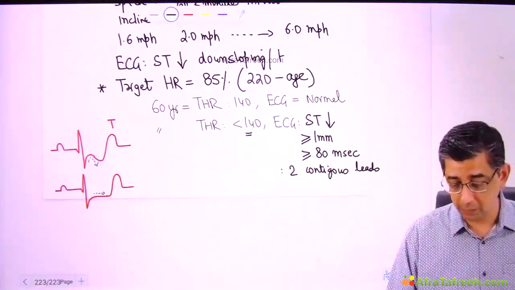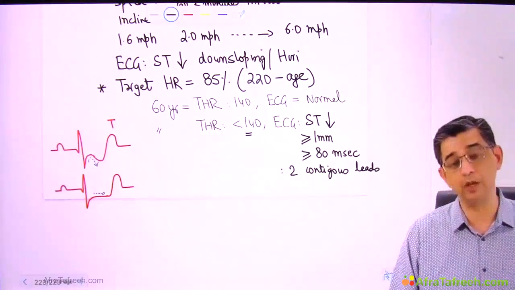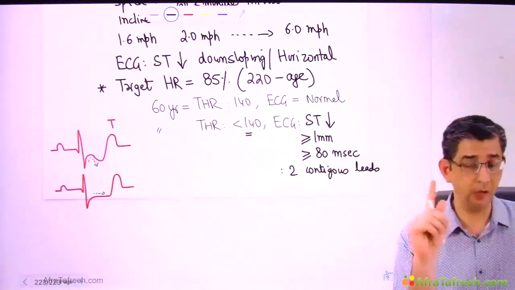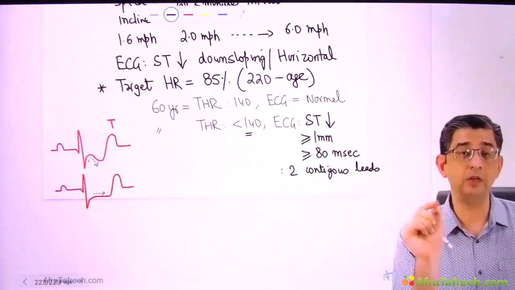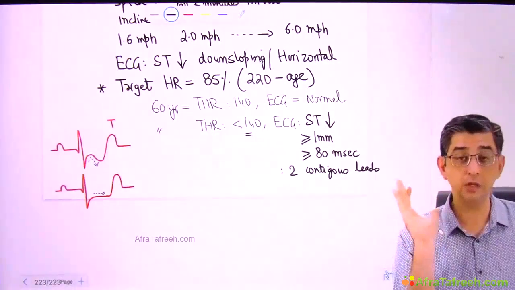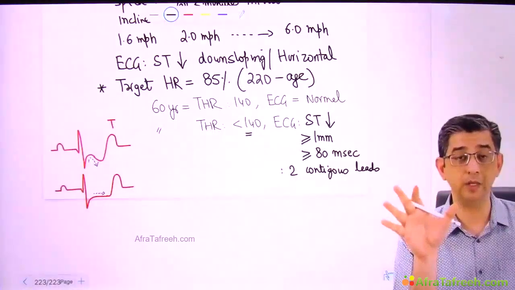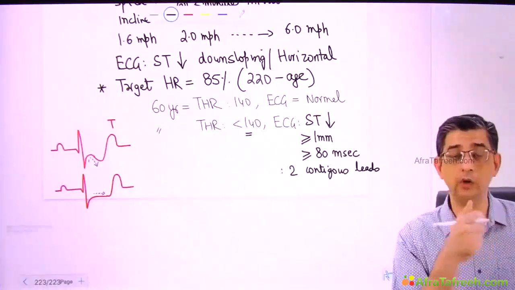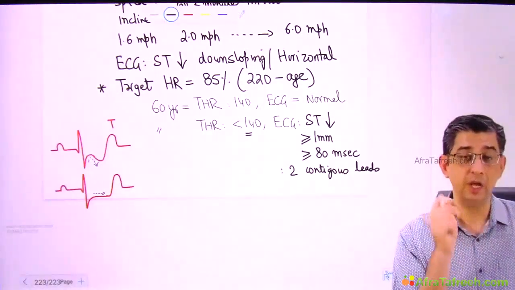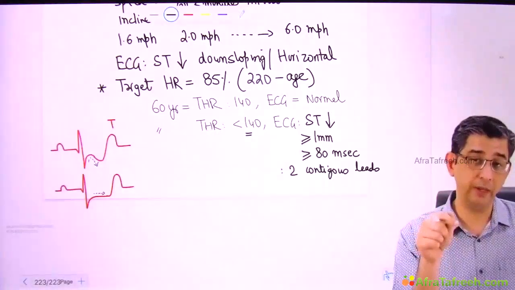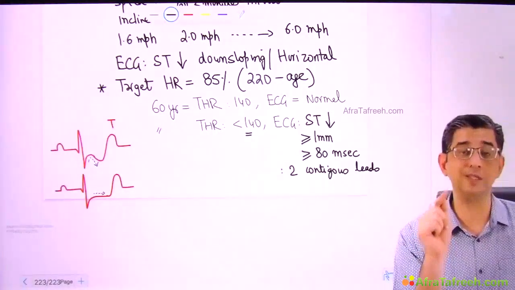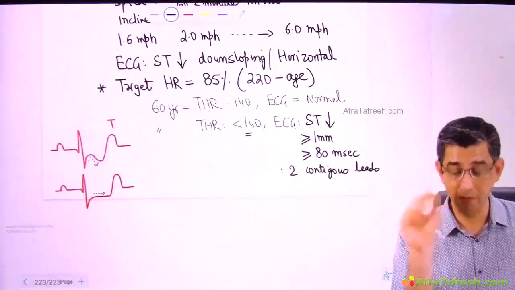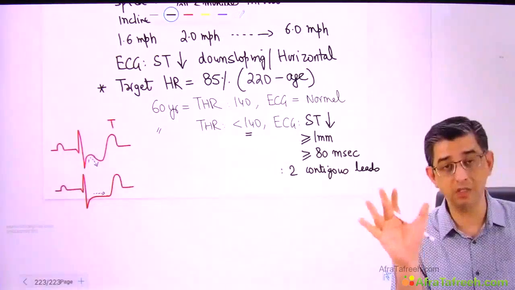Either of the two should be present, but it should not say upsloping. What I'm saying next is just for your general information; no point of noting down upsloping. My point is, lots of times, if the air conditioning is not working properly, especially in a hot Indian summer, there could be sweat on the chest, and the sweat can contribute to poor contact of the electrodes with the chest. So due to sweat per se, there can be upsloping ST segment depression. The technical word is downsloping or horizontal ST segment depression.